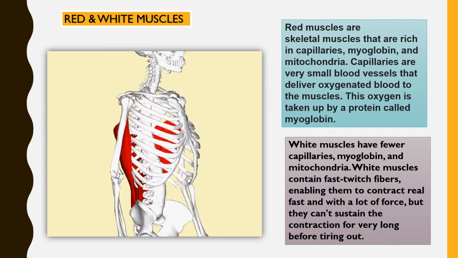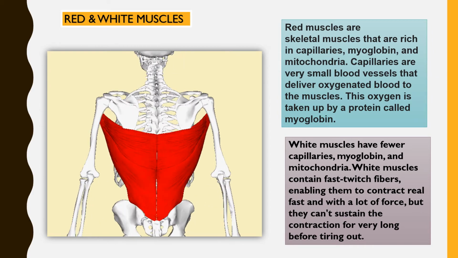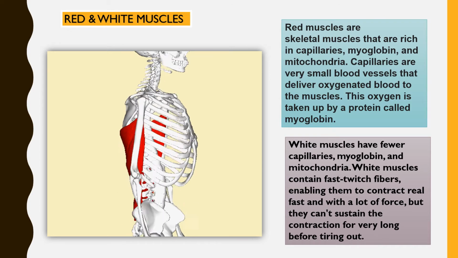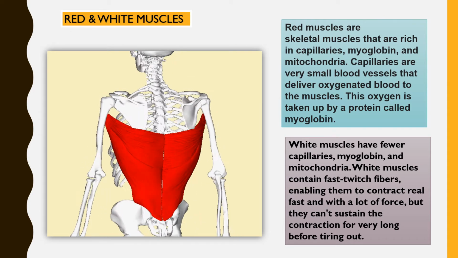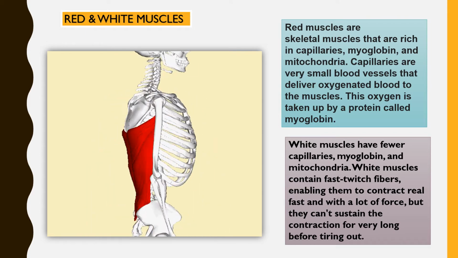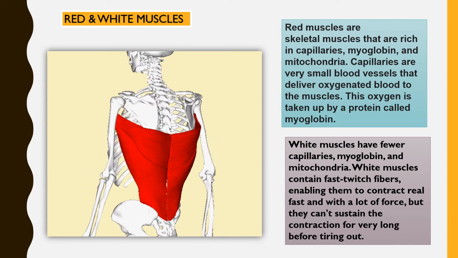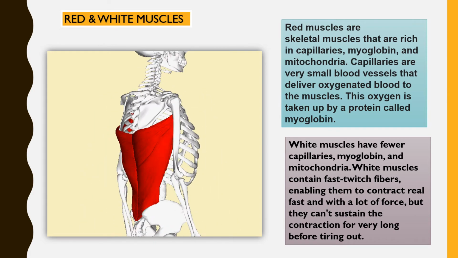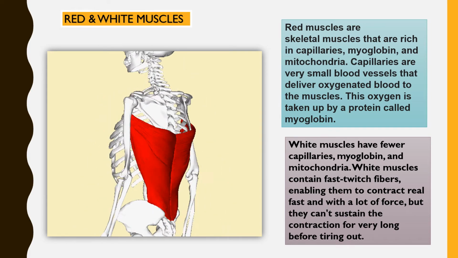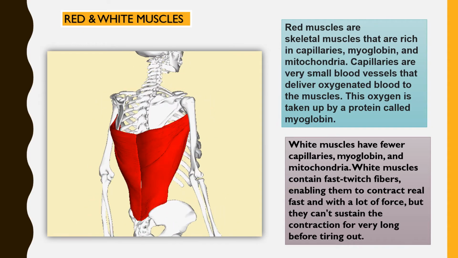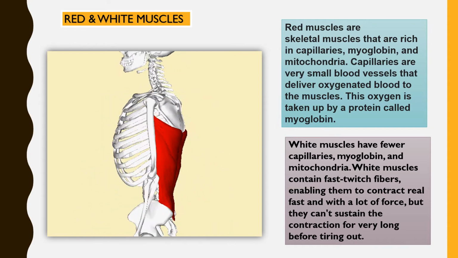White muscles contain fast twitch fibers, enabling them to contract really fast and with a lot of force, but they can't sustain the contraction for very long before tiring out. Now, as an example of red muscle,